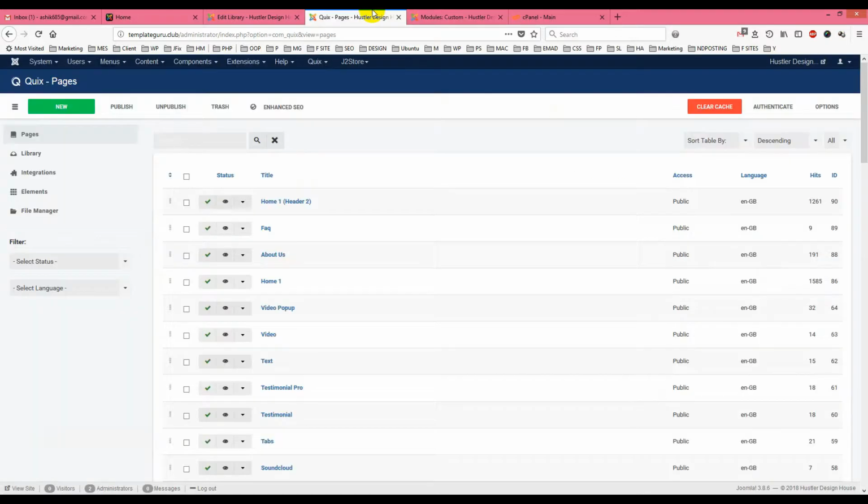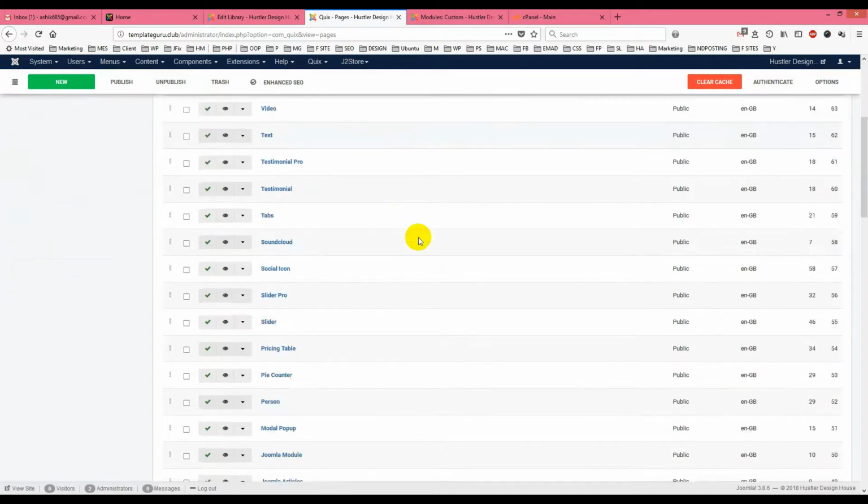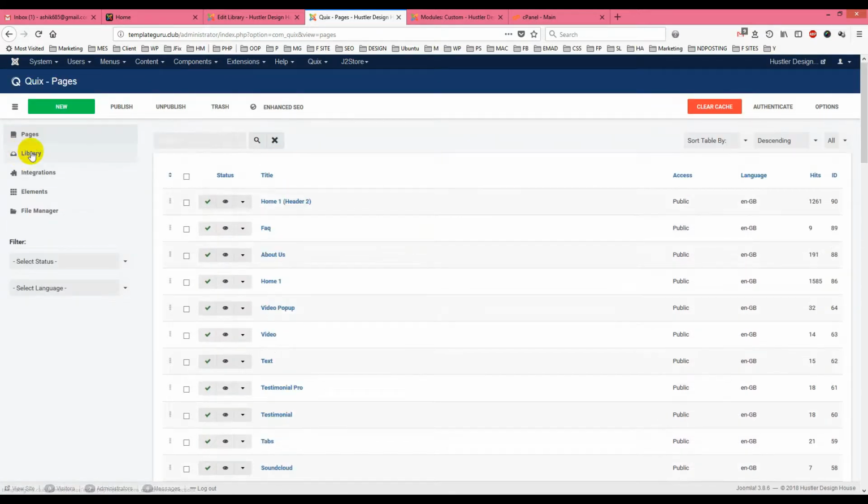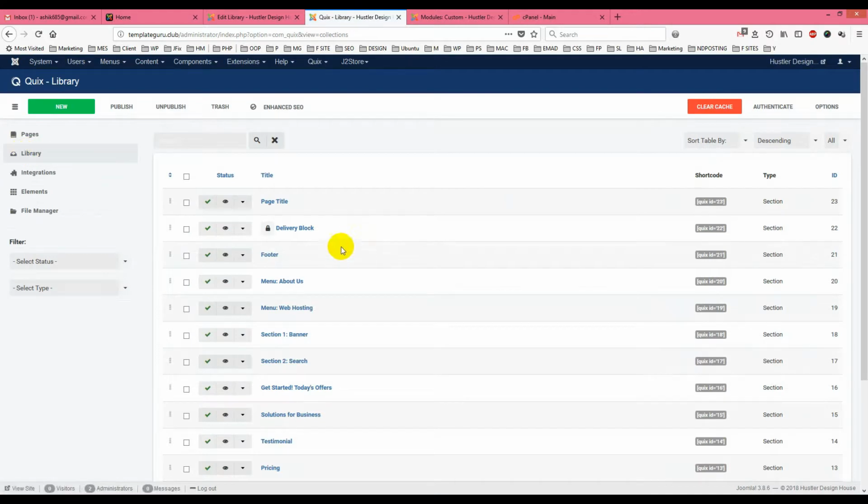Whenever I go to Quix page builder, you see I am on there, and I am checking here. Yes, this is the Quix pages. From the left side you see there are different options like pages, libraries, integration, elements, file manager, something like that. So this is the pages section, and if you go to the library section, you will see there are lots of